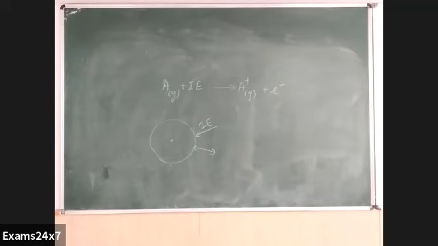Factors affecting ionization potential. Which are the factors? Atomic size and effective nuclear charge are common factors which affect all the properties. So you can write those two as common for all the properties. First one, atomic size. We just keep writing how atomic size and the given property are related. Atomic size and ionization enthalpy, how are they related? Directly or inversely? Inversely proportional. Ionization enthalpy is inversely proportional to atomic size.